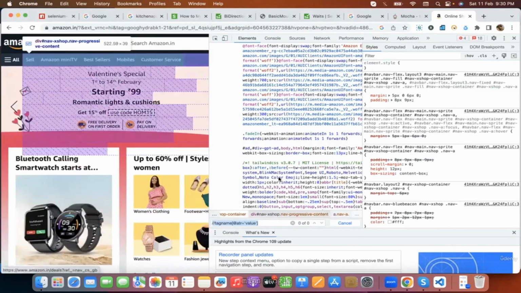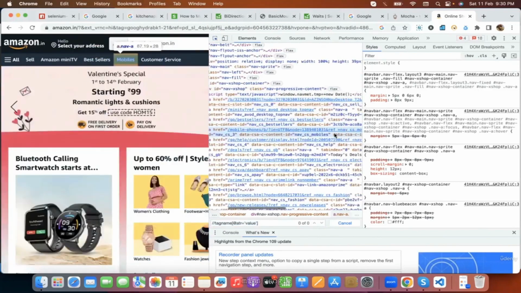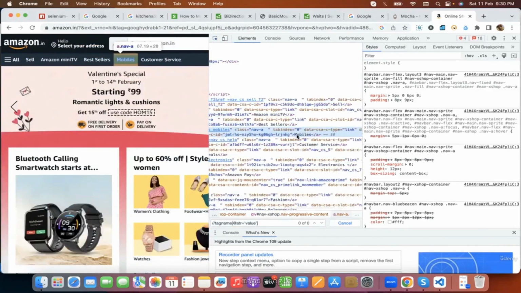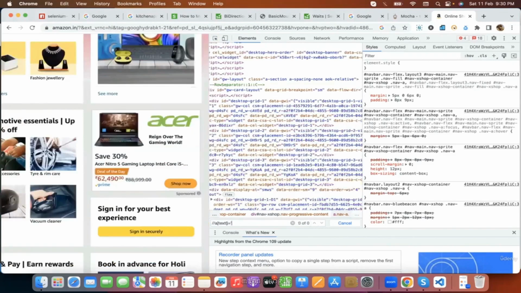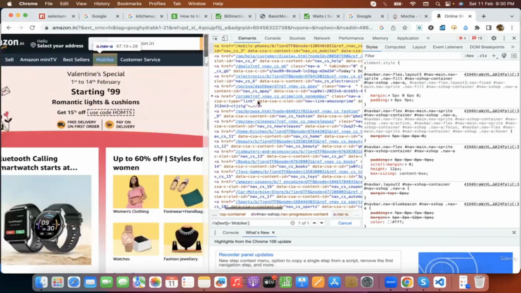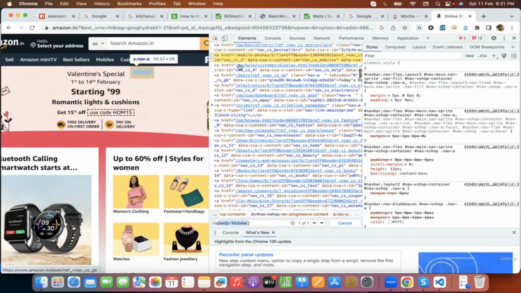So let's say you want to find an element for this, and you want to use this text. Then we have a text method in XPath, so we can use that. a, text is equal to Mobiles. You see, we got the match. So I gave the tag name as I said, and we have a few methods in XPath, like text, starts with, contains, and a couple of other methods. In this case we are using the text method, but in case you're dealing with attributes like href or id, then you can use something like this,